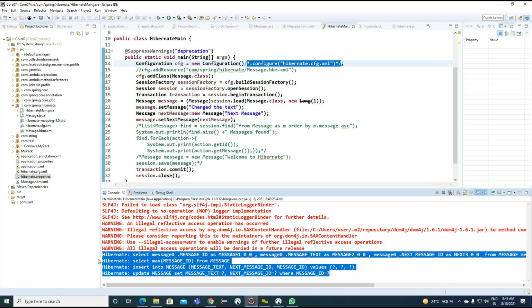Basically, Hibernate is going to look for the Hibernate.properties file as the first priority. If the property file is not found, it will look for the configuration XML here. So this is the way we can work on the property file as well as the configuration file. So for the remaining examples we will work on the property file here. Okay. Now